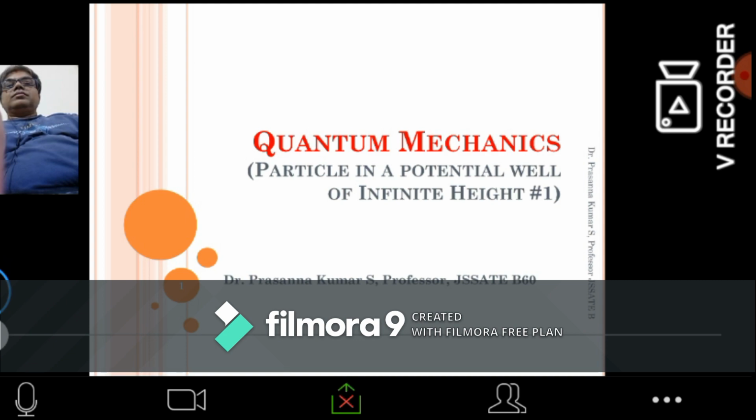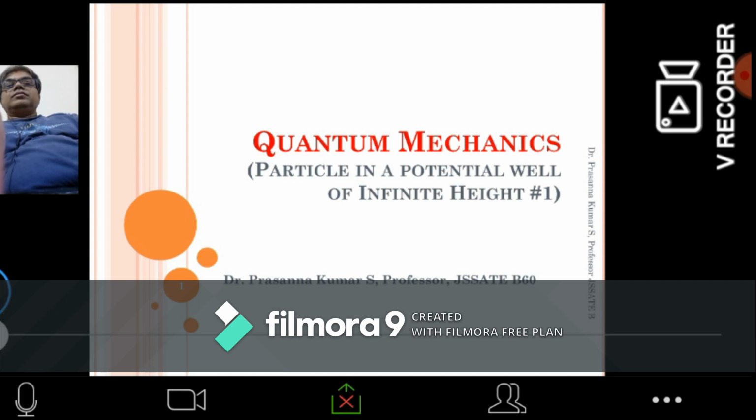free particle, where V is 0, that is, the potential energy was 0, and we got the energy E equal to k square h square by 8 pi square m. And we see that for a free particle this energy is arbitrary, it can have any energy. A particle is said to be free if and only if it is free from any other potential, either electric, magnetic, or whatever. For such a particle the energy can be any arbitrary value, it depends on the mass of the particle. That was the previous class.